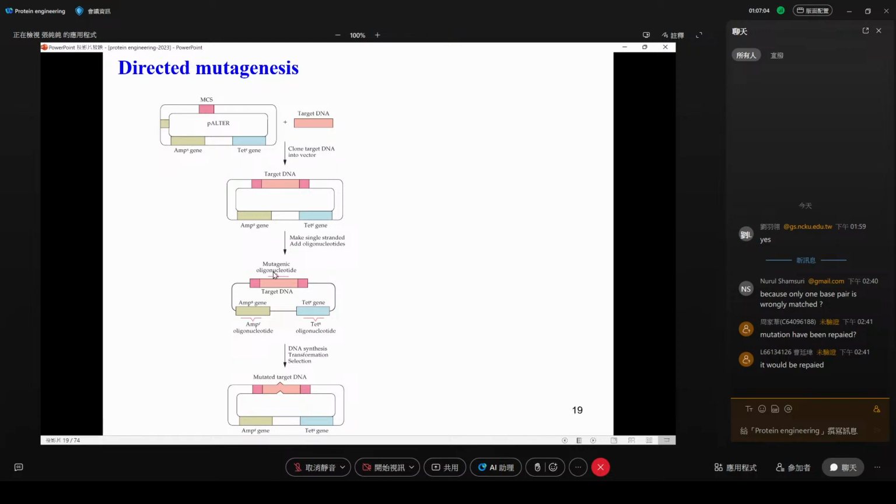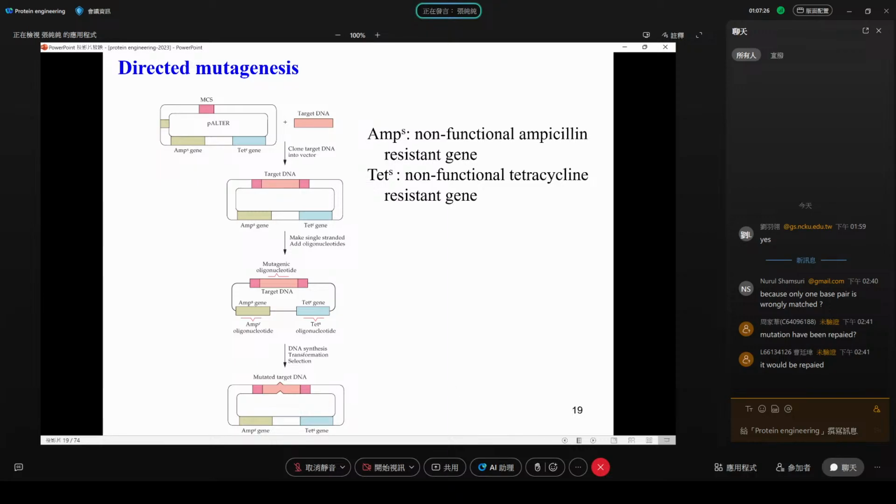But after the mutagenesis, your plasmid has changed into tetracycline sensitive, ampicillin resistant. So basically, in your daughter strand after the replication, only the new mutated form can survive under ampicillin. A single point mutation will change the resistance gene into a non-functional ampicillin resistance gene, right? So you can switch back and forth no matter what kind of strategy you want to